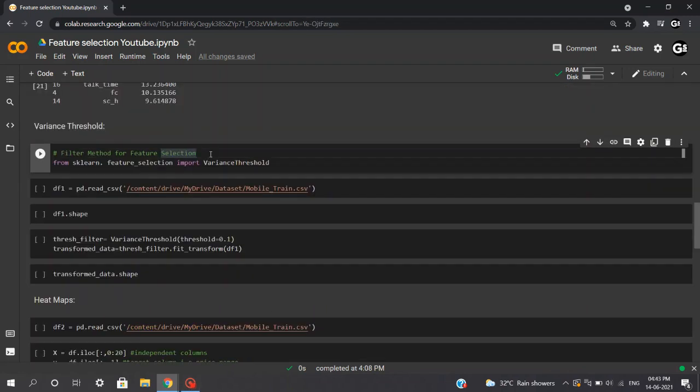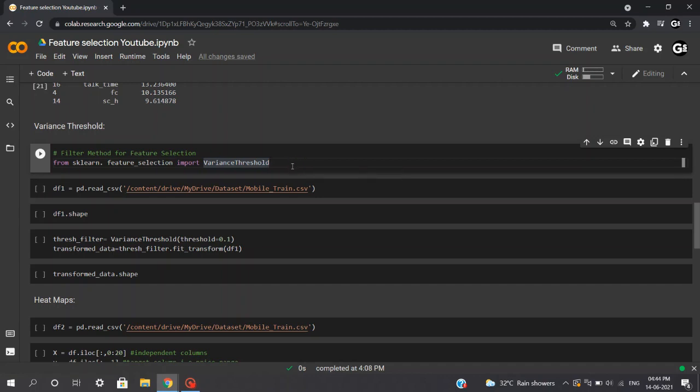Now let's discuss the next method, which is variance threshold, which comes under the filter methods for selecting our features. If the features have a very low variance, very close to zero, they are close to being constant and thus do not add any value to our model. So it would be very nice to get rid of them and hence lower the complexity. Please note that variance also depends on the scaling of the data. Scikit-learn has an implementation of variance threshold that does this precisely.